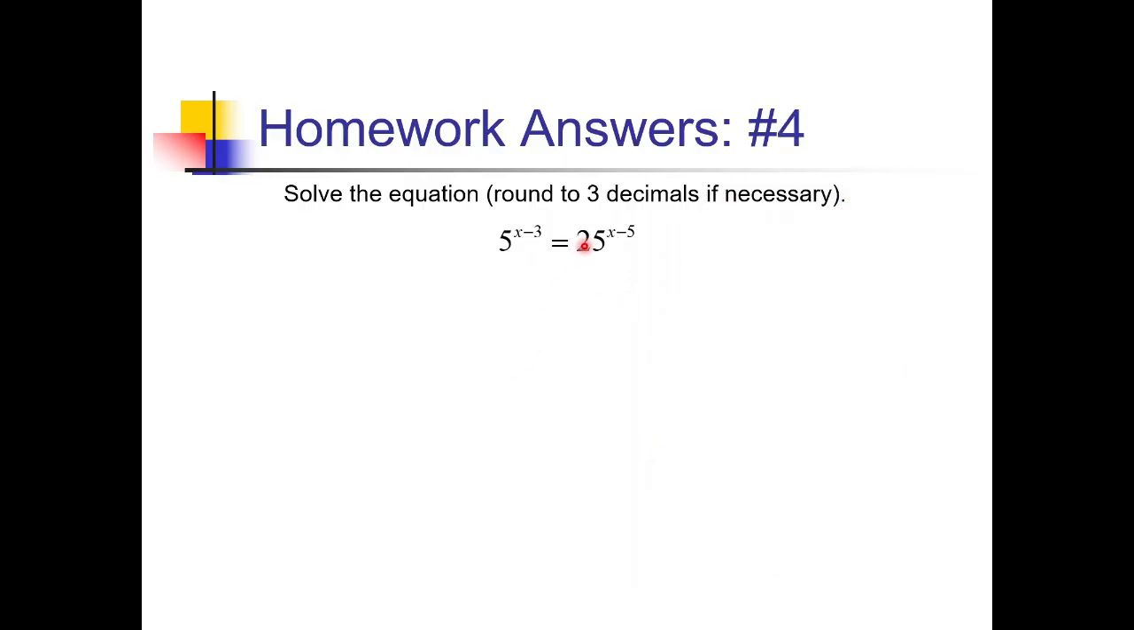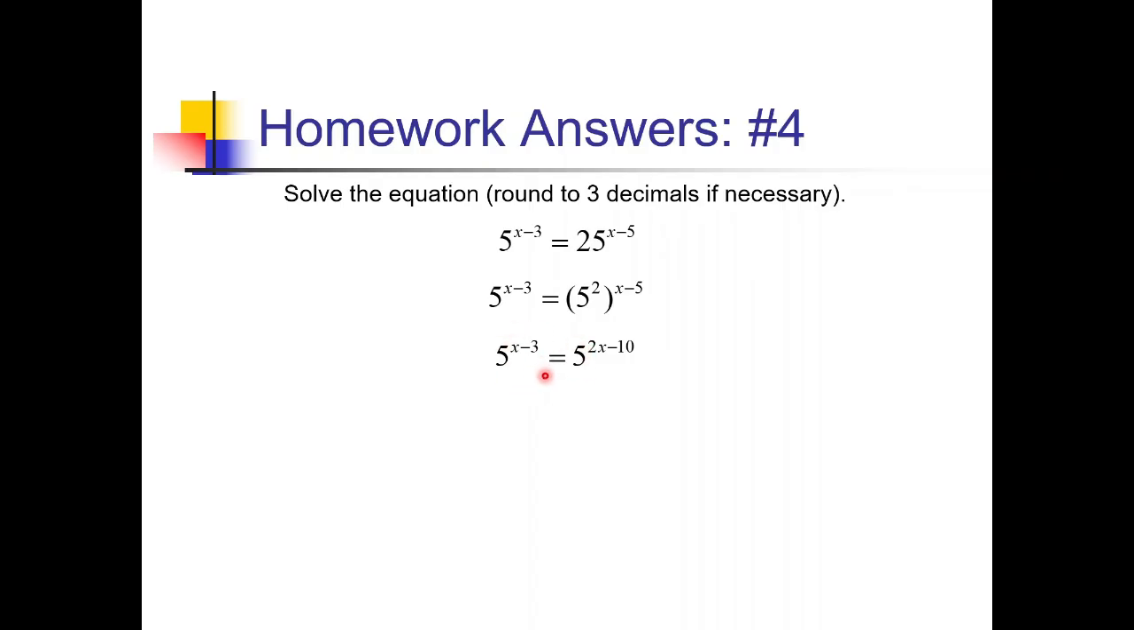For this problem, trying to solve this exponential equation, I see that 5 and 25 are both powers of 5, so I can use the common base method on this one if I want. I'm going to rewrite 25 as 5 squared. And then using my exponent rules to simplify that, multiplying the exponents together here, we end up with 5 to the 2x minus 10. Now that I have the same exact base, I can cancel out my bases and write